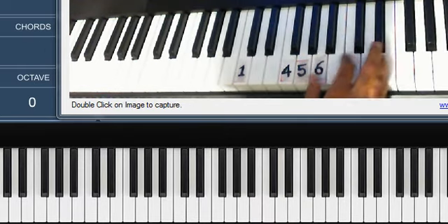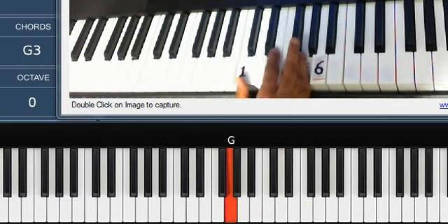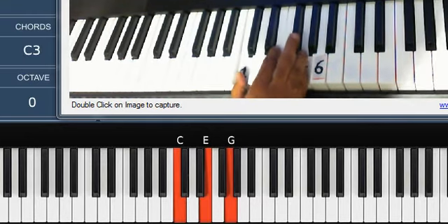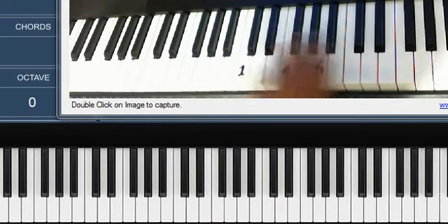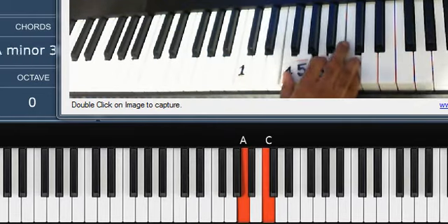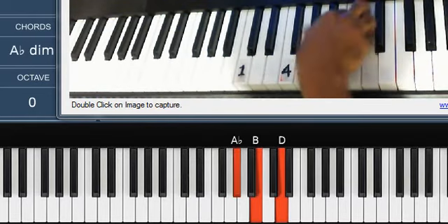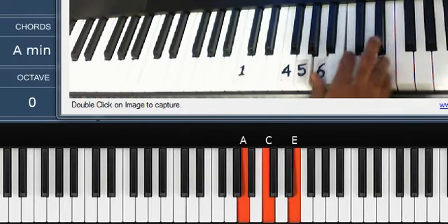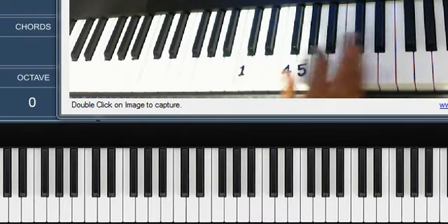Okay, so let's do that again. La la la la la la la la la la la la la la la la la la la la la la la la la